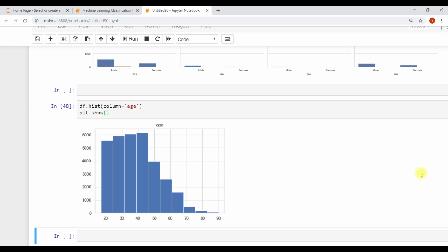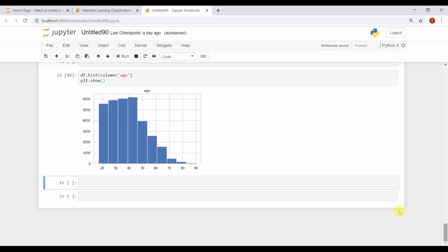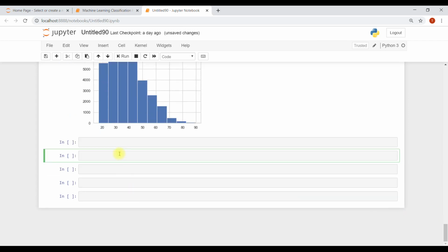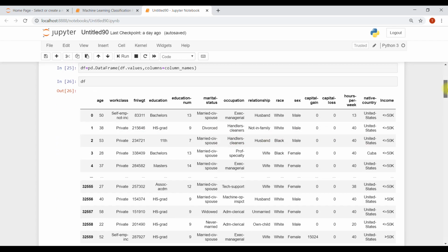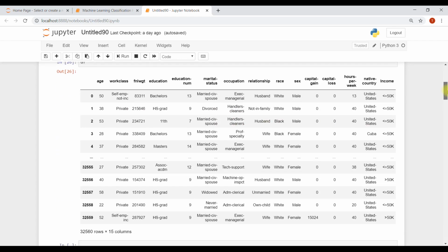I really recommend you to use Plotly. Plotly visualization graphs are easy. You can watch my COVID-19 data analysis project tutorial, where I've used Plotly. So if you look at our data set,